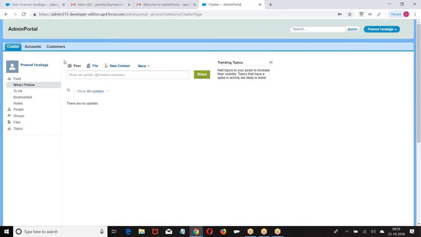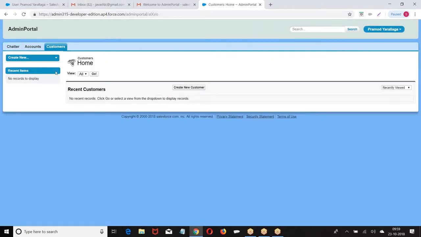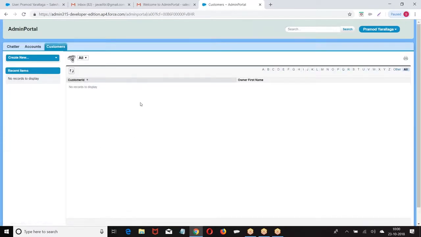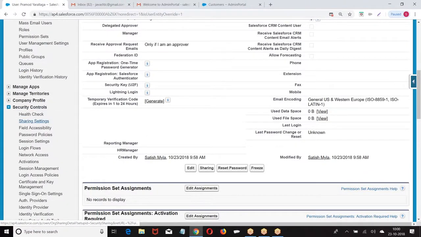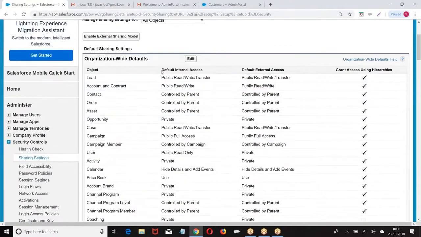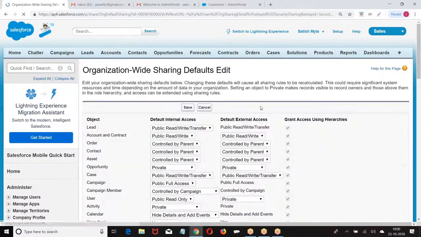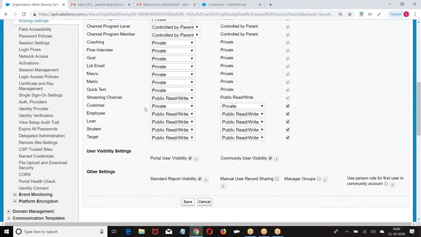Now which data can he see? When he logs in, which data and which fields can he see? Right now he is not able to see any data, and he is not able to create it. So go to the profile and manage everything in the profile, which records you can see. Now go to the OWD. Here we had default internal access and default external access. Enable external sharing model. Edit. On the customer, what do we have?